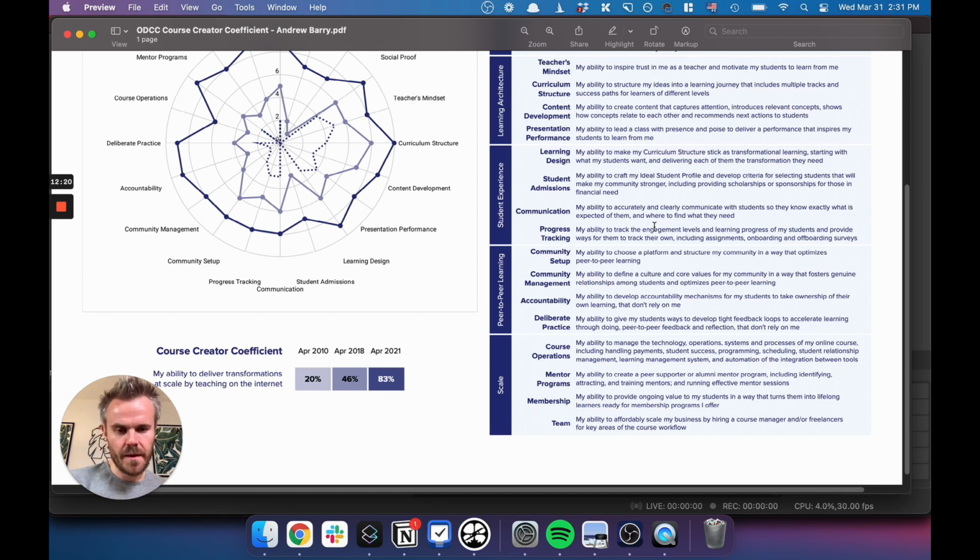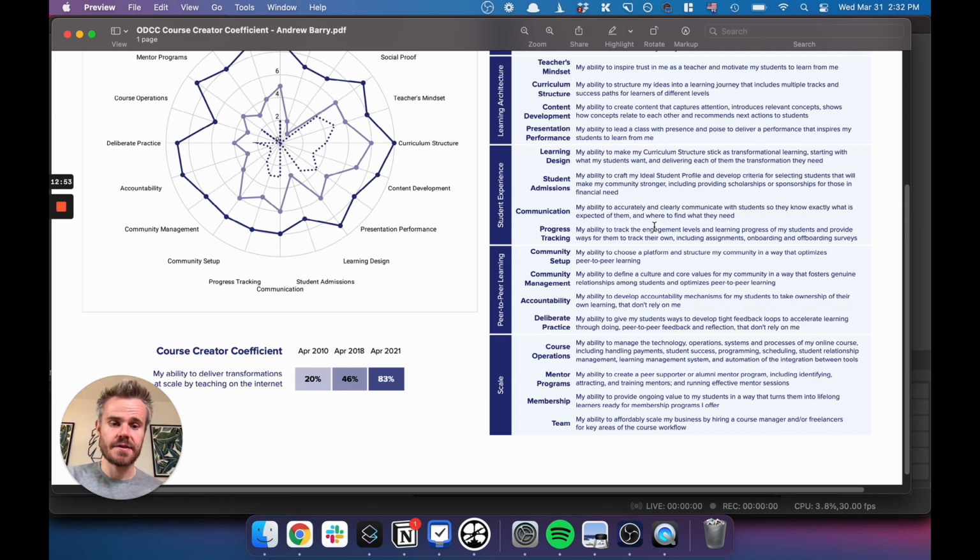Accountability is such a key component of any course these days. How have you developed structures to allow your students to get accountability? So that could be from accountability buddies, it could be from checking in with you one-on-one if that's reasonable to do at the scale you're at. Basically it's all about how do you get them to take ownership for their learning. And we do emphasize actually this not relying on you. So we'll be talking about a lot of ways on how to go about this that doesn't rely on you.